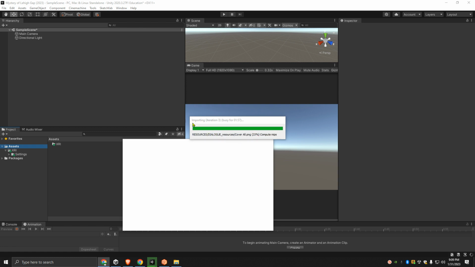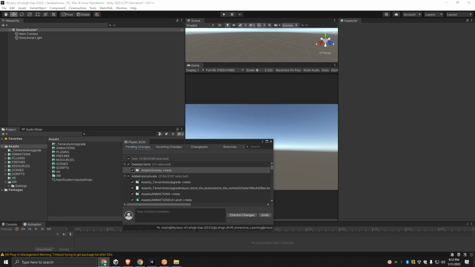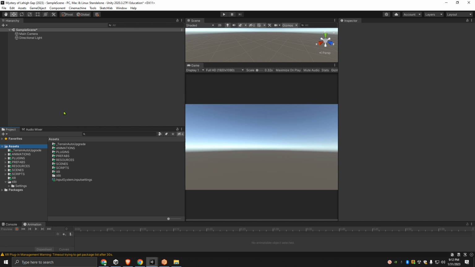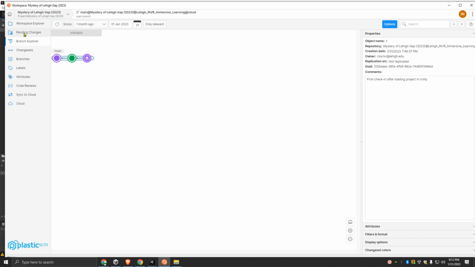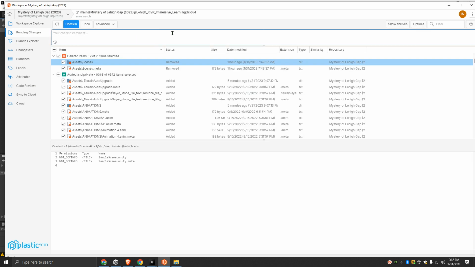Unity is opening, importing everything and loading everything. So it takes a while. It just finished loading everything. Now Plastic is saying there's 3,180 files to sync, but I'm not gonna be using Plastic here. We know why. Lots of issues with Plastic. I'm gonna go here, pending changes, and I'm gonna say imported Unity package